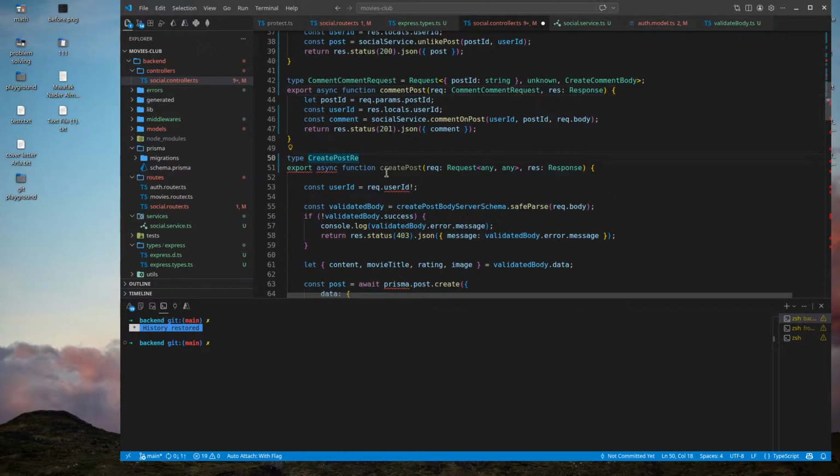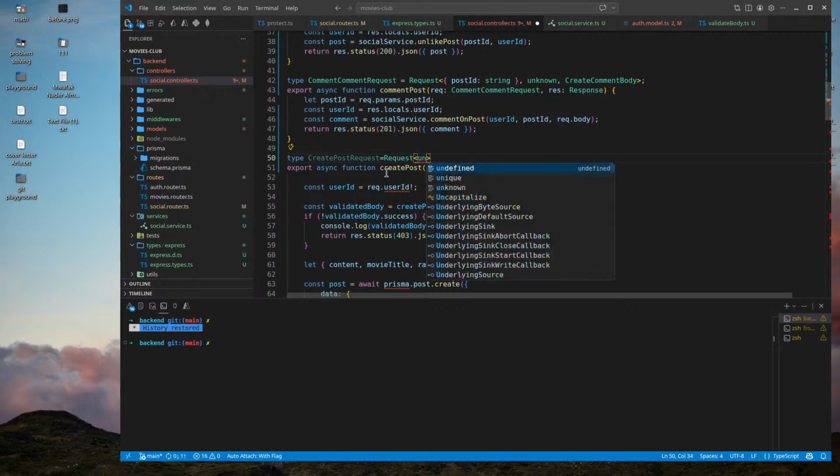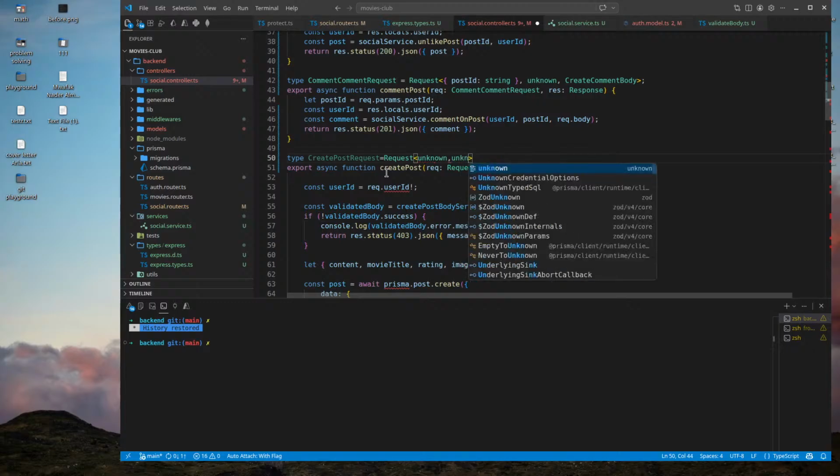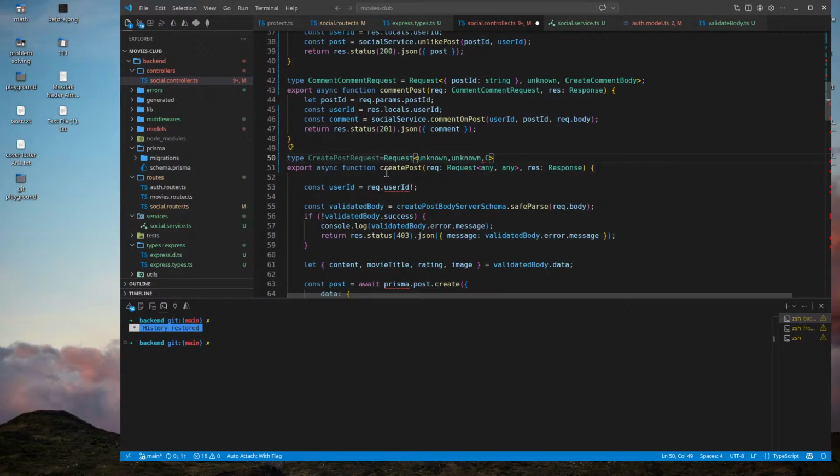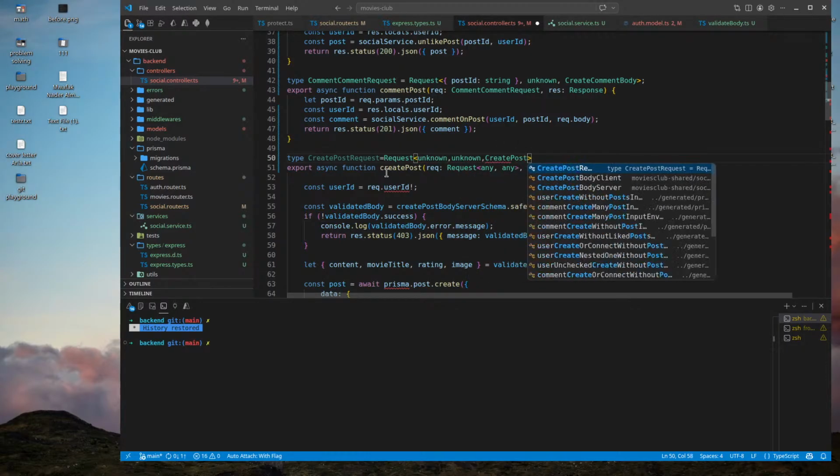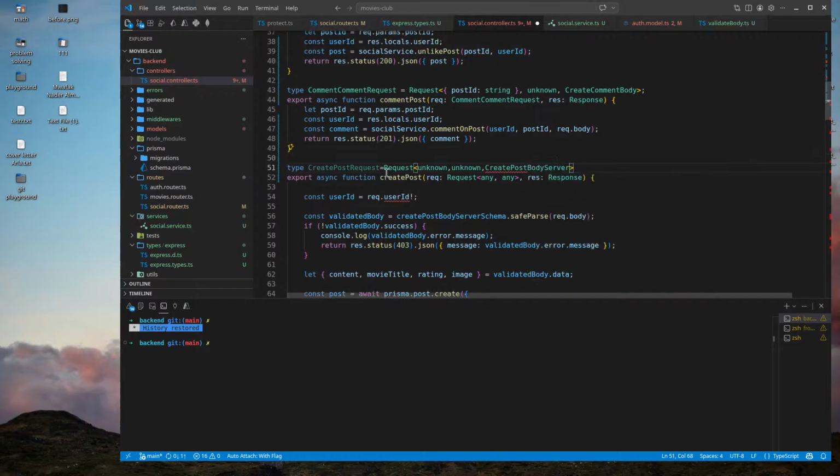Create comment request, create post request is equal to request that takes an unknown and create post body server.